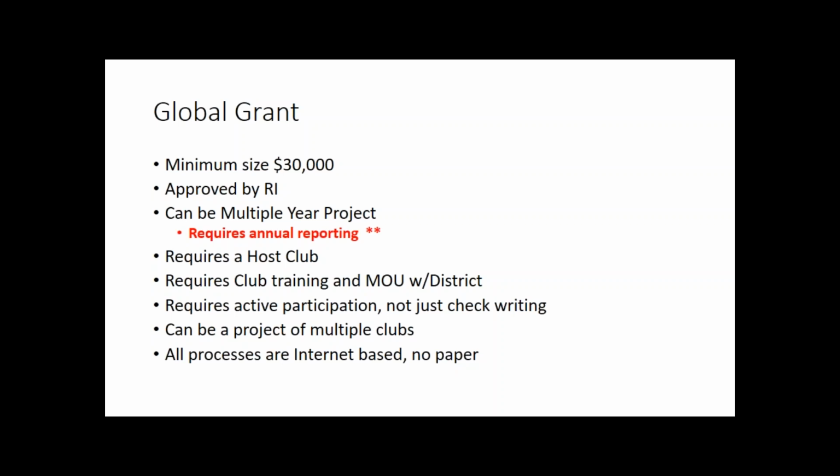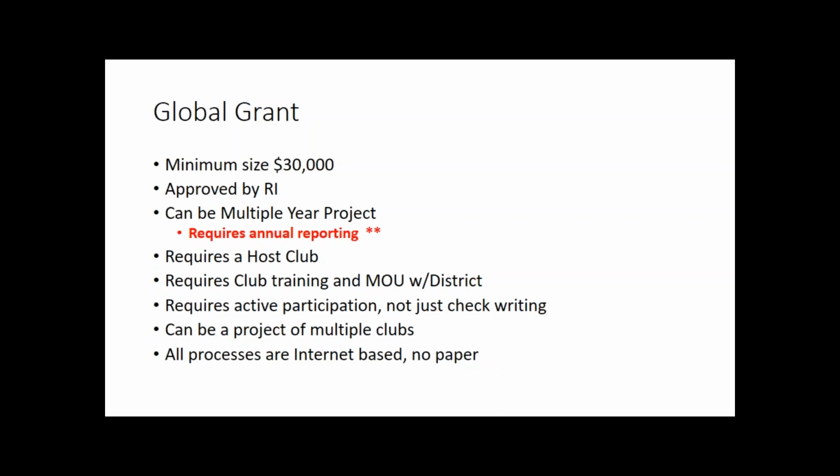And they don't approve it based on a value. They don't compare one global grant application to another and say this one is of more benefit. It's whoever's in line and has all their ducks in a row. They get themselves approved, and you get all your ducks in a row, and we tag money for you. It can be a multiple year project, but it still requires annual reporting.